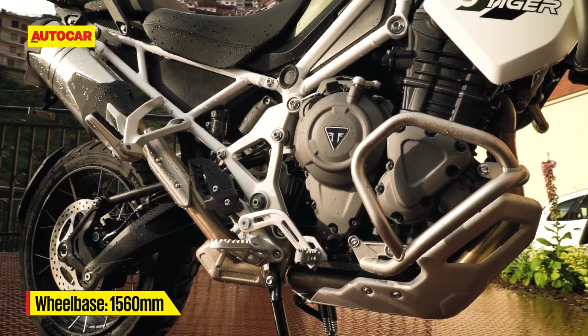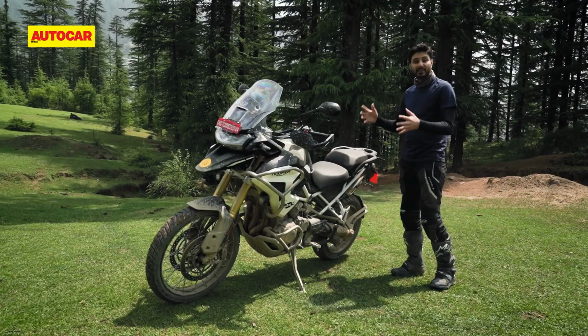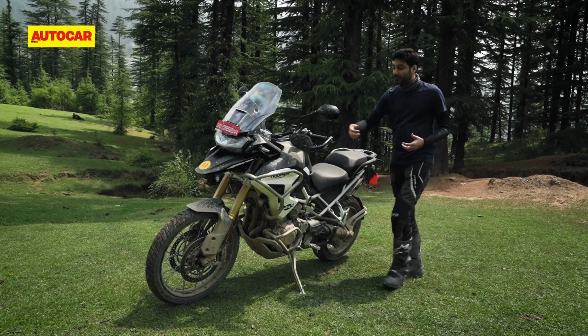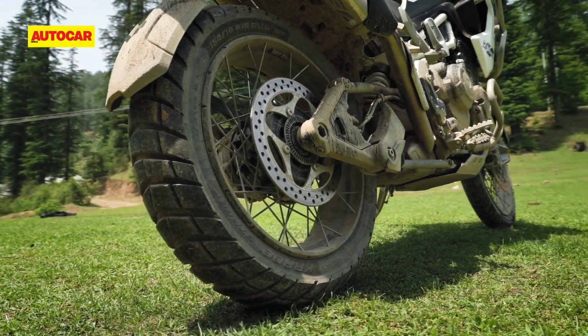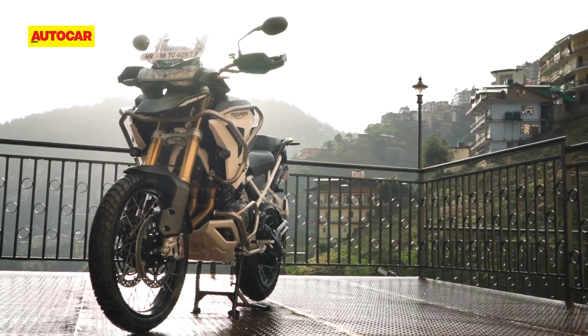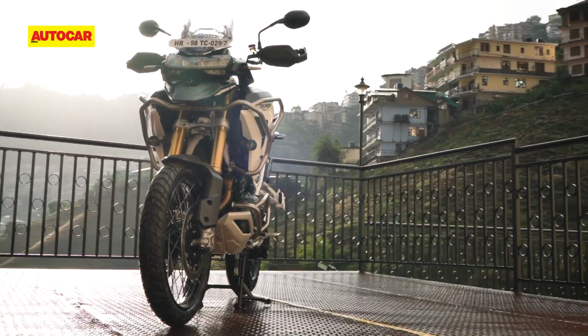The chassis, the engine, the way the shaft drive is designed, everything is different, and the big idea here was to lose weight. Triumph has done that in many ways. The chassis is lighter, the fuel tank is now aluminium. It doesn't have a single-sided swing arm anymore, but they now have a dual-sided swing arm that has helped save 1.5 kilos. In total, the new Tiger 1200 is as much as 25 kilos lighter than its predecessor, depending on